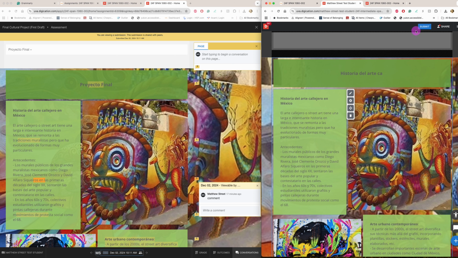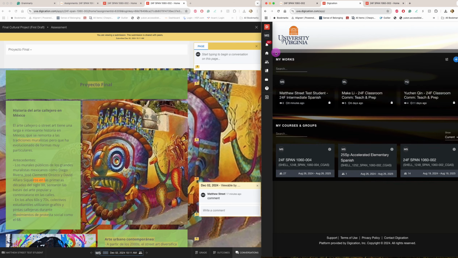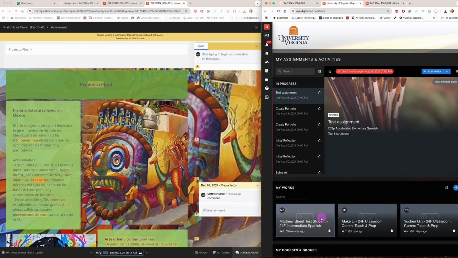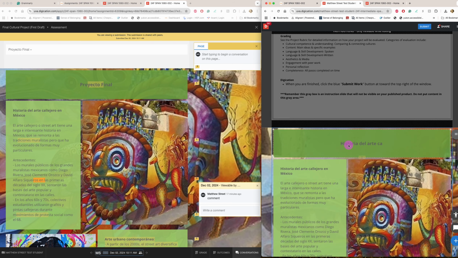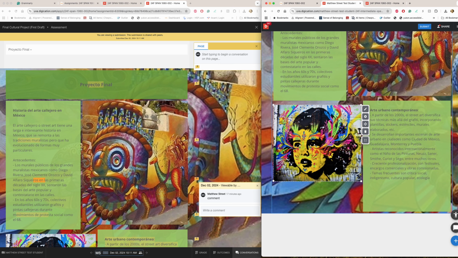So this is how you edit a draft of your portfolio. Remember, what you submit is a static version. So you must go to the live portfolio, and to do that, you select D, go home, and then it's under My Works where you will select your portfolio so you can access the live version to then make the necessary changes and updates and address the issues that your professor has